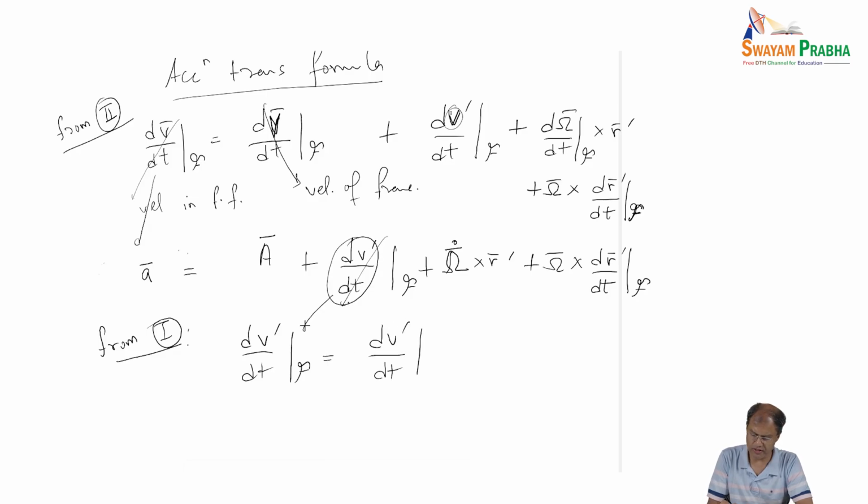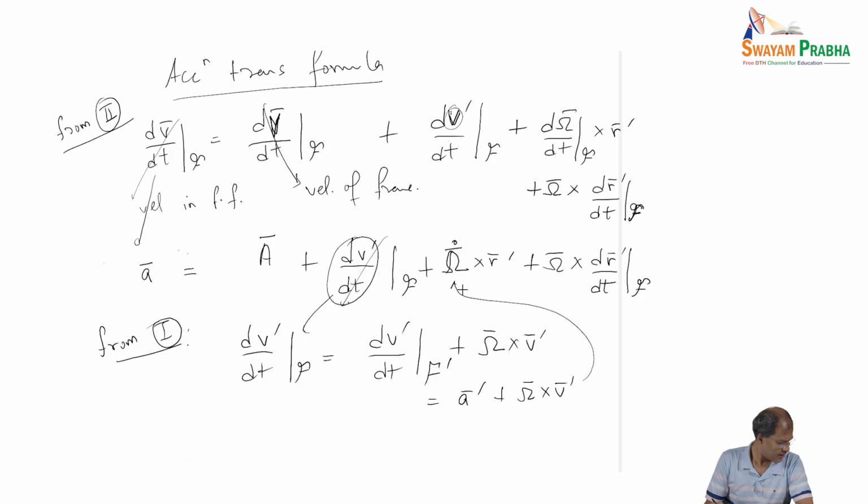So we are substituting this quantity, again recapping our formula 1. This is also equal to the acceleration in the frame f prime plus omega cross v prime. Now we plug everything back into this relation,